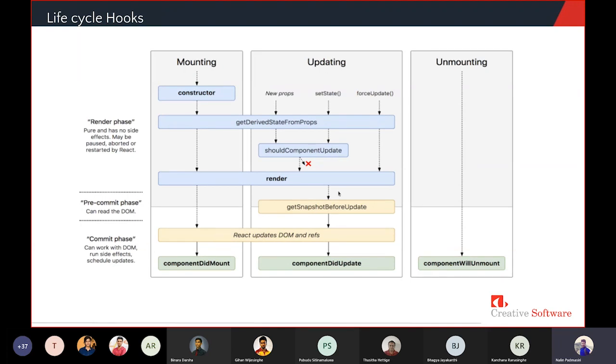In the commit phase, you can run your side effects and schedule updates. There are three phases: mounting, updating, and unmounting. I will discuss the three phases one by one now.